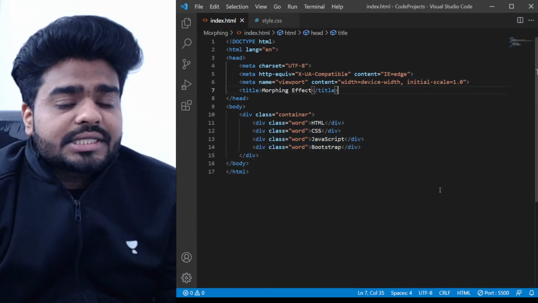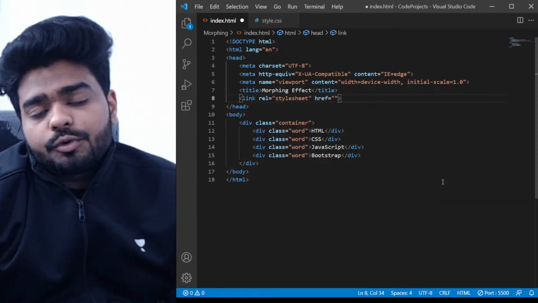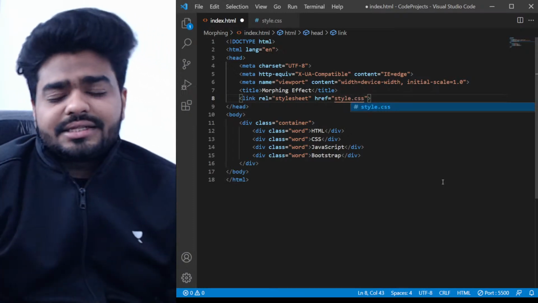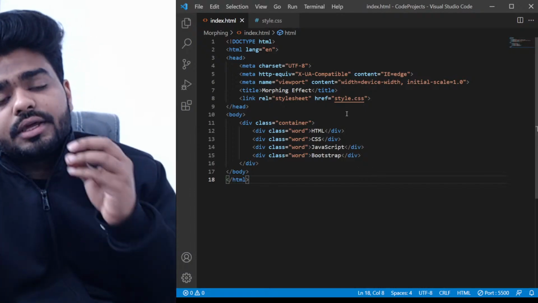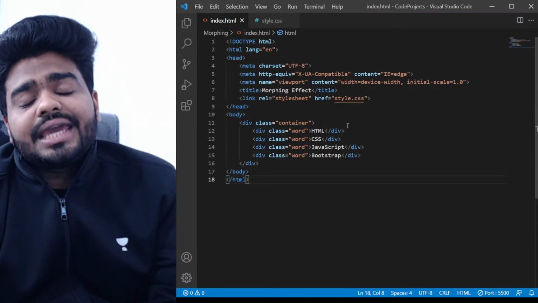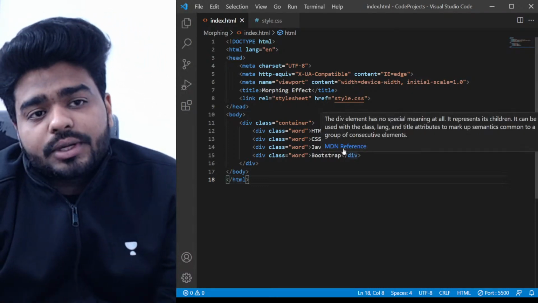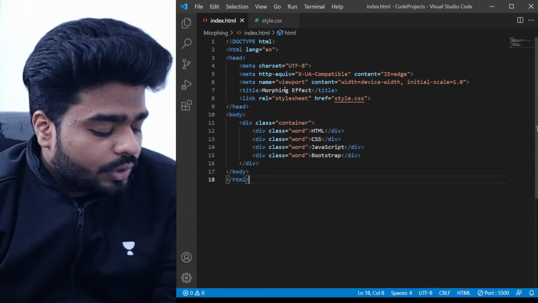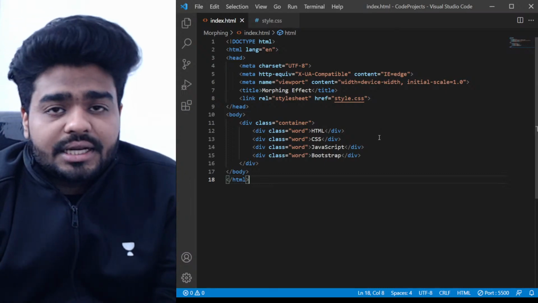Let's go to style.css and let's start putting up the CSS code for the morphing effect. Okay, again it's not very hard. It's very important basically, because I wanted to show you this morphing effect code because here we are using nth child. Okay, now what is nth child? That is really important to understand. Because in most of the interview questions of CSS, people can ask you like, what is this nth child, right? So to understand nth child, you should be understanding